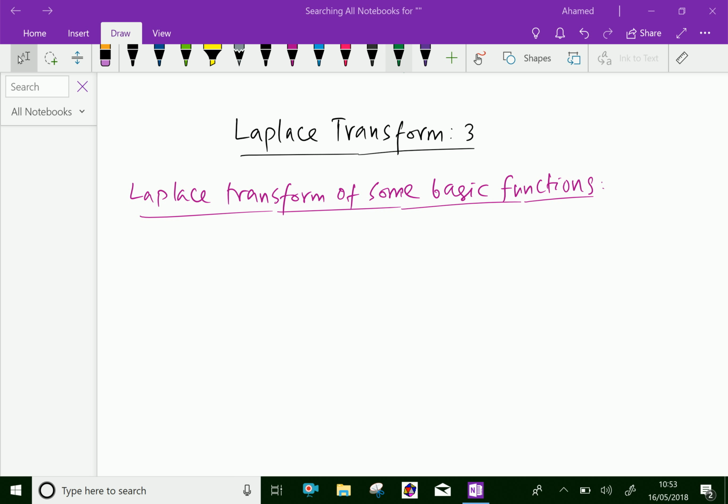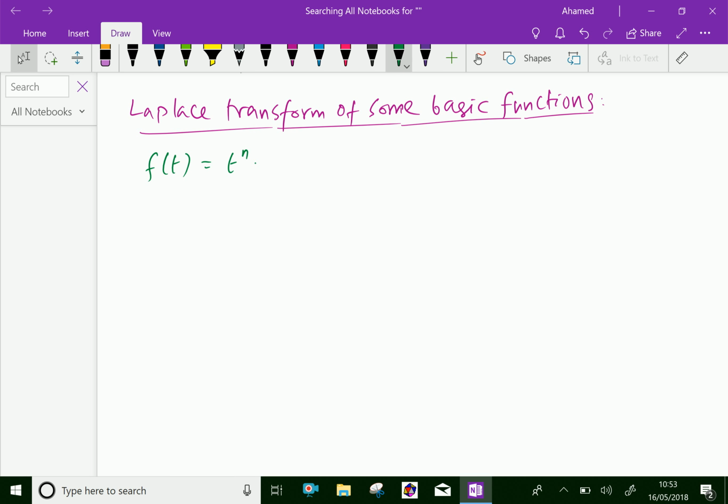In Laplace transform, let us do the Laplace transform of some basic functions. Let the function be f of t equal t power n. So we have to find the Laplace transform of